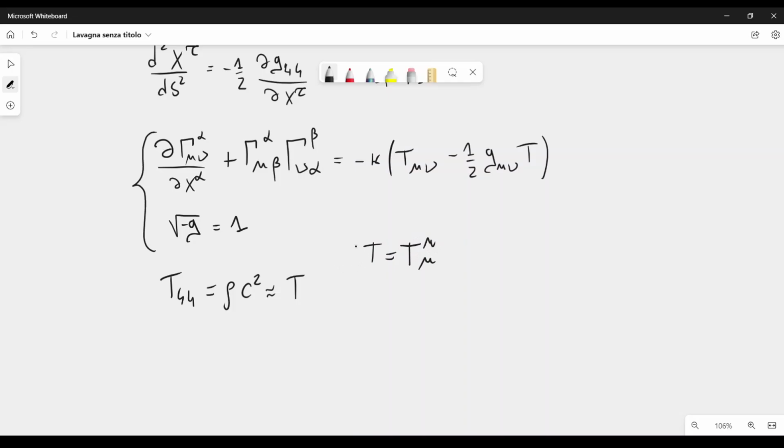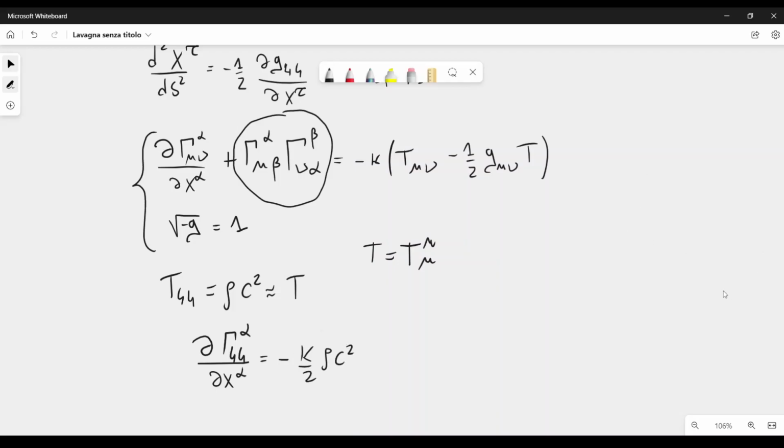Also, this term here is a quantity of second order that we can neglect, so we are left with only this equation, d gamma alpha 44 with respect to x alpha equal to minus k over 2 rho c squared,